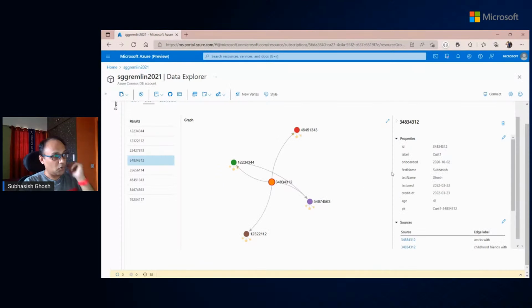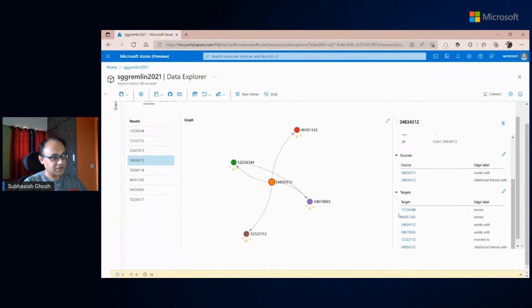Now, if I go to the portal, this is what it technically looked like. Of course, for 4 billion edges, it will be much more complex in nature. We also utilized a third-party tool for visualization of this graphical representation.